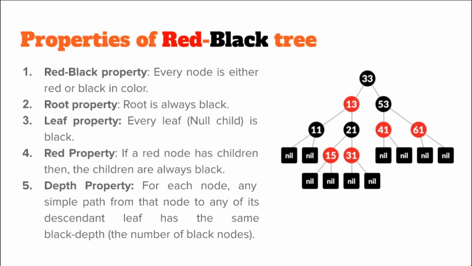Number 1. Every node is either red or black. Second, root node is always black. Third, null children who are leaf nodes are always black. 4. Parent node of a red node cannot be red itself. Hence, from root to the leaf node path, there cannot be 2 consecutive red nodes. Last and the fifth one, from root node to all the leaf nodes, every path contains equal number of black nodes on it.